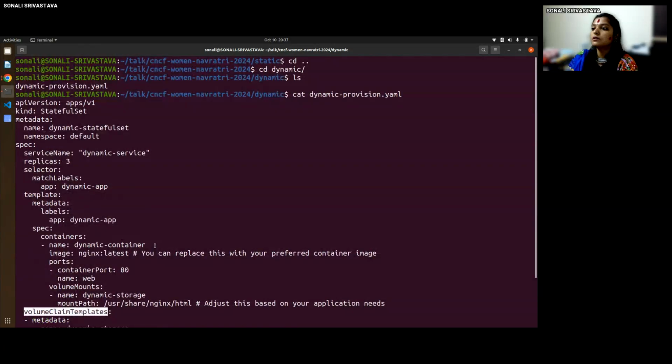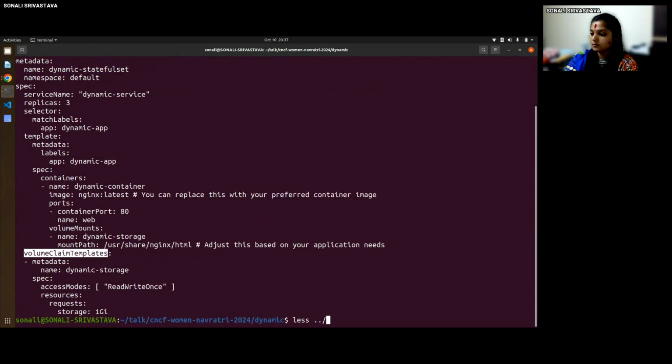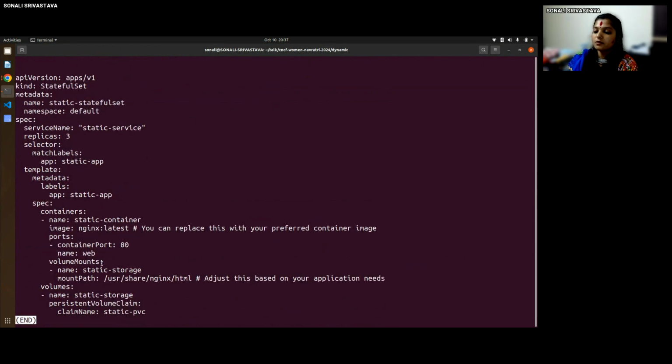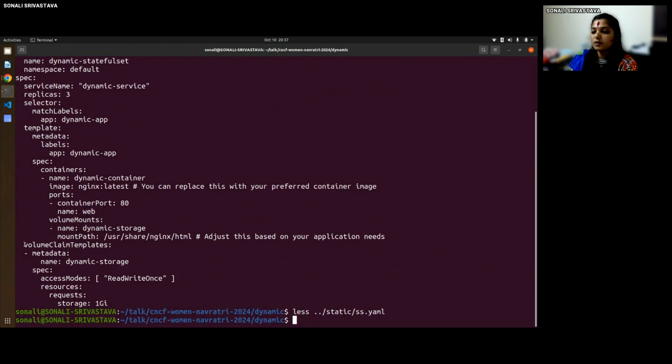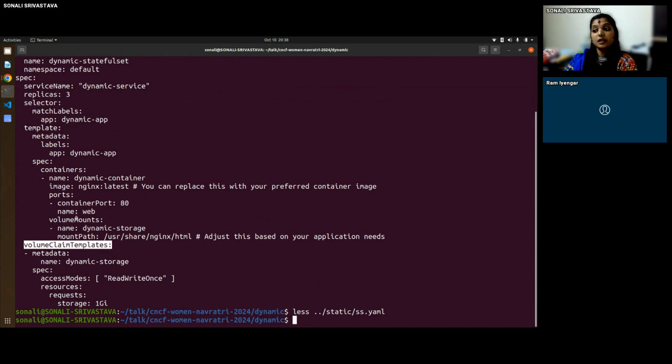If you see over here, we provided the volume mount, and then we defined volumes only, and with that we defined the PVC that we wanted to use. In case of dynamic provisioning, what you have to do is define the volume claim template. Now what the stateful set will do, for each pod, it will create a unique PVC. So, like in the previous example of static provisioning, we created only one PVC, but then in that case,